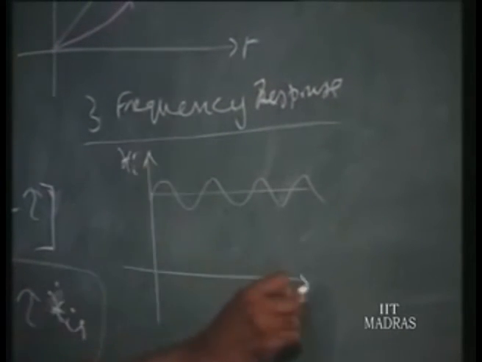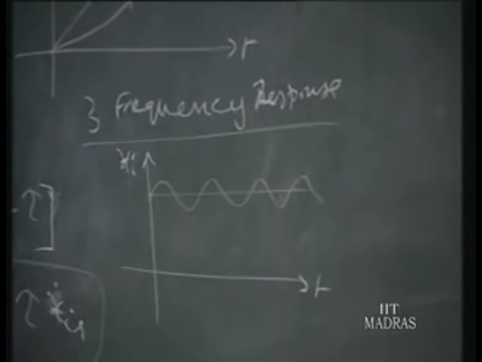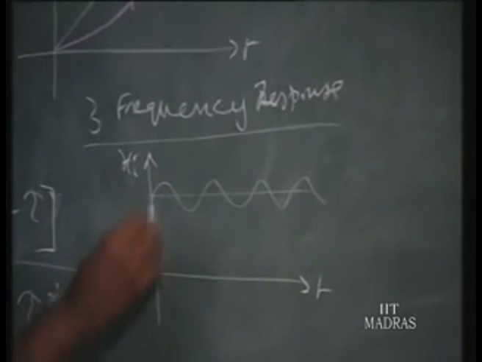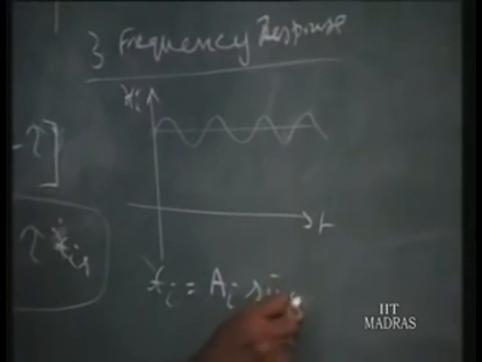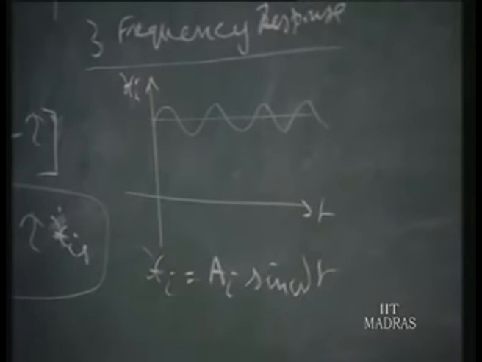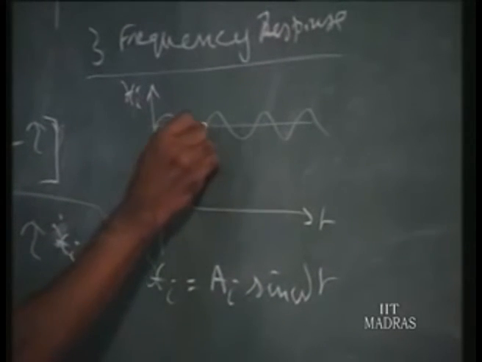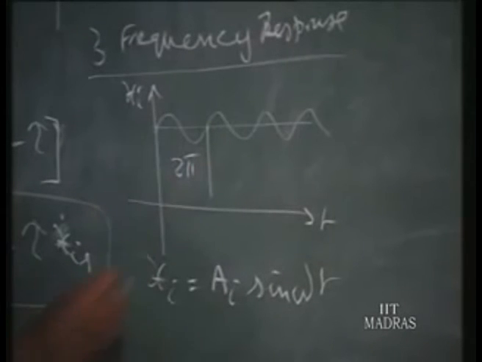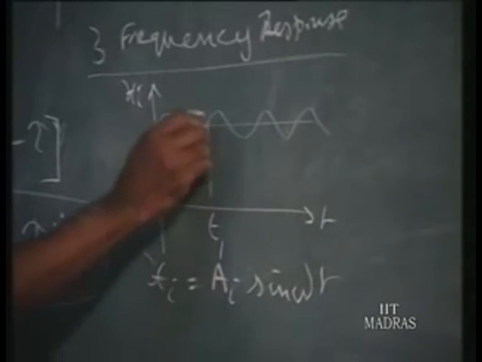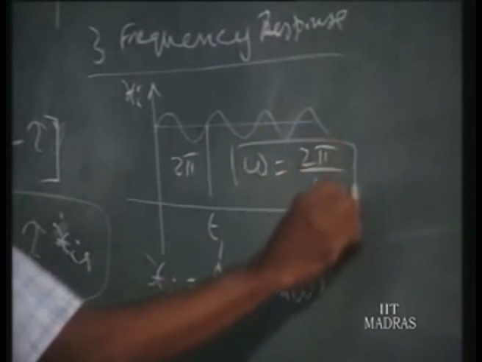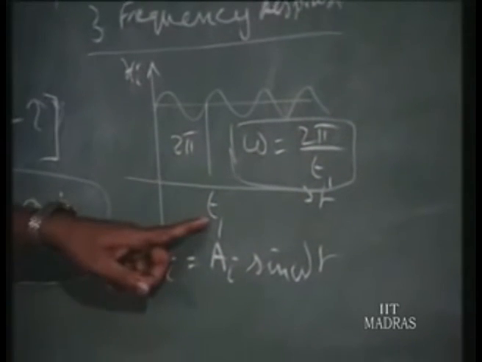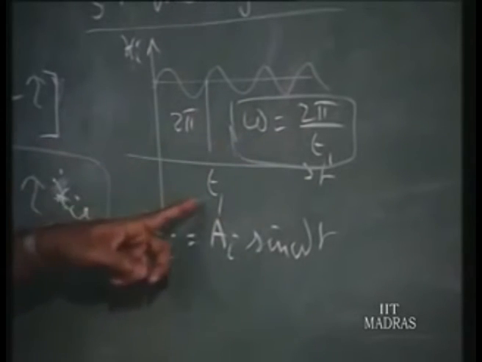Suppose this is xi and this is time, such a type of signal, if it is given to this instrument, how is the instrument going to give the output? For that, suppose this is sinusoidal in nature, you can write this signal as xi equal to Ai sin omega t. In this form, you can write this variation. That is, omega, this is 0 to 2 pi, one full cycle. So for that one full cycle time t1, omega in this case is equal to 2 pi by t1. So for one full cycle, 2 pi is the one full cycle, 2 pi by t1 will be the omega value.